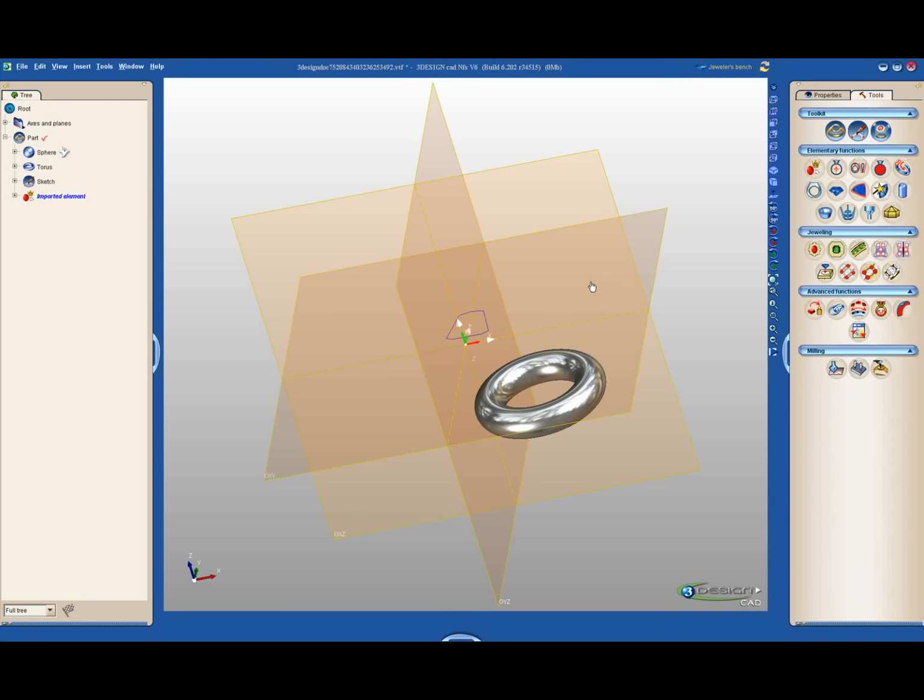And one of the last things that I'd like to show you in the introduction video that we have here is with your parametric tree. I'm going to come back here and I'm going to show this item here, and that's kind of what I want to show you. It's surprising how many users seem to forget that we have this option in 3DESIGN, but the nice thing about it is I can select an object